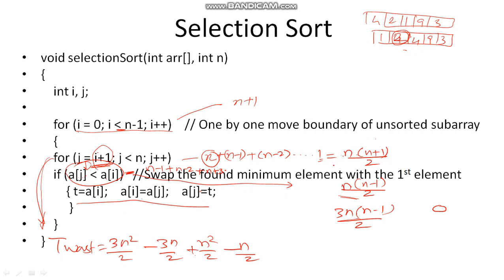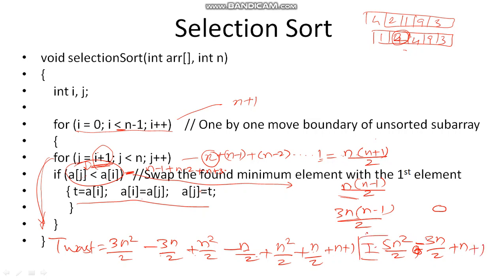Then here it is plus n square by 2 plus n by 2, and this is n plus 1 plus n plus 1. So this comes to be 3n square and n square, 4n square and this n square, 5n square by 2 plus minus 3n square and minus 3 and minus n will be minus 4 plus n will be 3n by 2 plus n. This will be not plus, this will be minus plus 1. This will be the time complexity in the worst case. In this particular modified one, this will be the worst case.